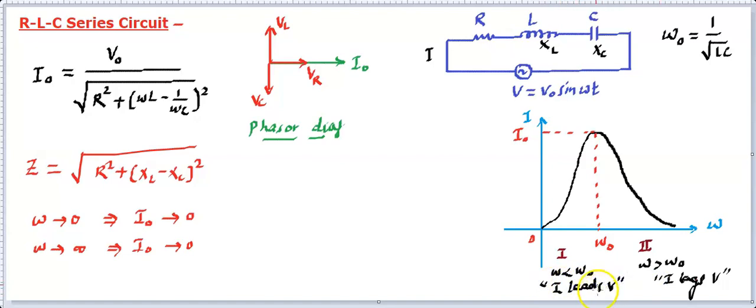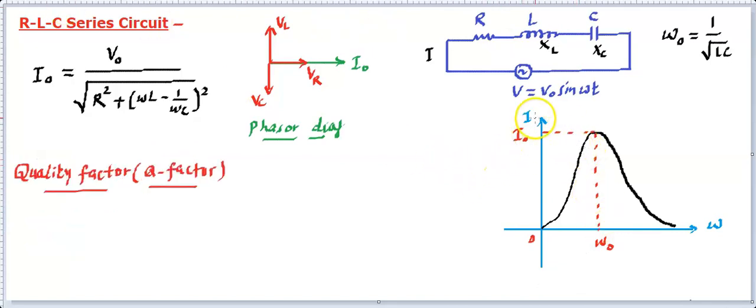Many times in examinations it has been asked, in this particular situation, what type of nature the circuit shows. Then you say in this case, since current is leading, it's capacitive in nature. This part is inductive in nature, and this is the resonance condition, which divides the two into different forms. And that's the peak value. If we draw another graph, there will be a similar type of peak. So in resonance condition, this is how the current is found, that is maximum current, and this particular point is called the resonance condition, and this graph becomes important for us.